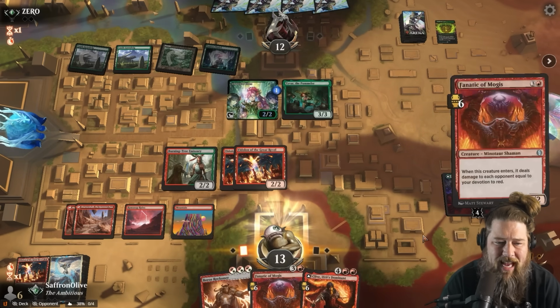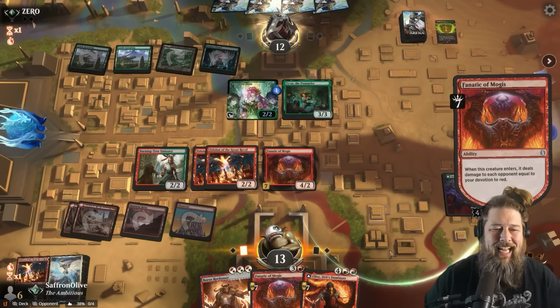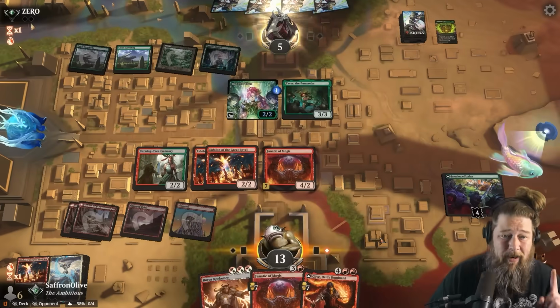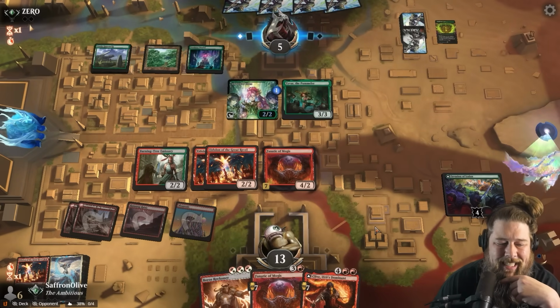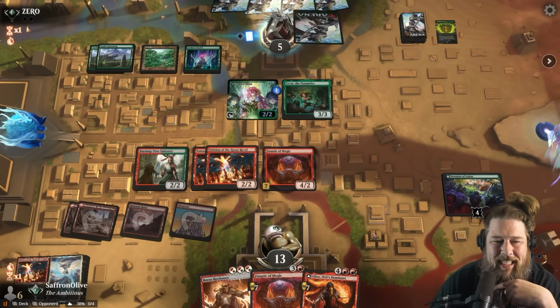So Fanatic hits for 7. Yeah, let's play a Fanatic. It's also 4 mana, so it does not trigger the Eidolons. You get 1 spell, opponent. 1 cheap spell. About it. I mean, we have the Fanatic in hand, unless they have a mono